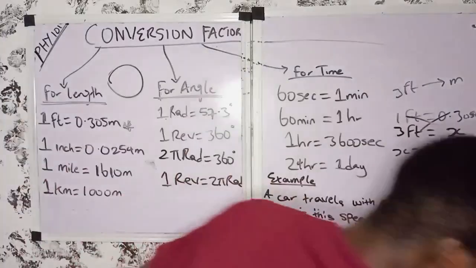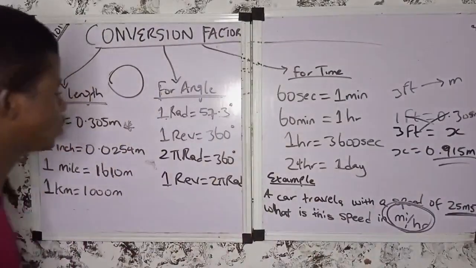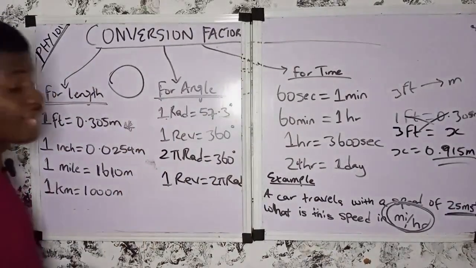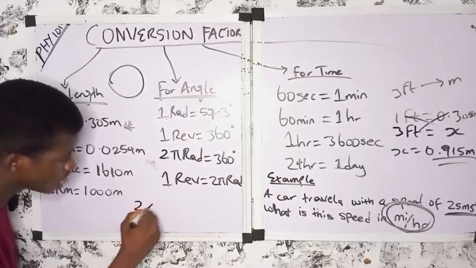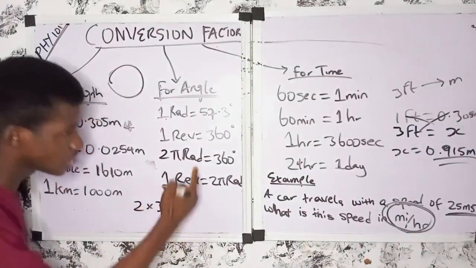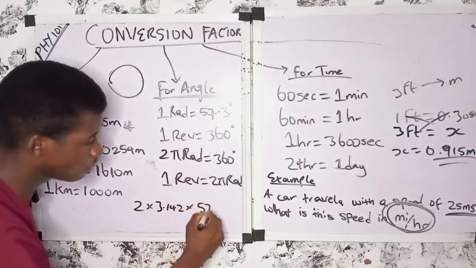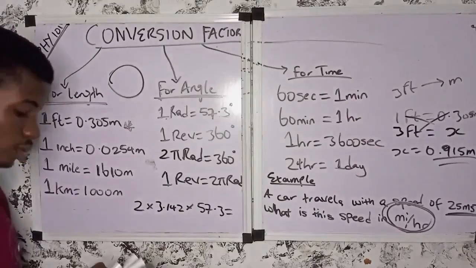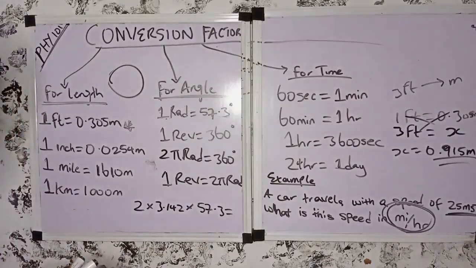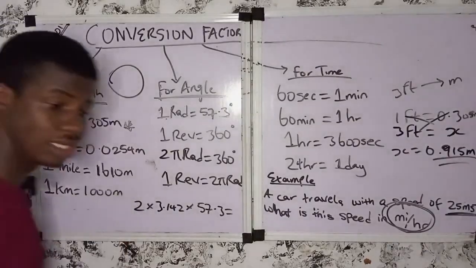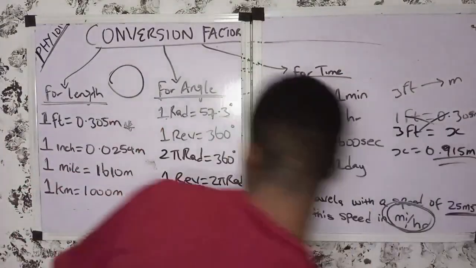How? Let's prove it. So remember, 1 radian is equals to what? 57.3 degree, right? Yes. Now 2 times pi is what? 3.142, right? Then times radian is what? 57.3, right? So if we multiply everything, we get what? Let me do it. 2 times 3.142 times 57.3. We land with 360 degree. So that's to tell you that